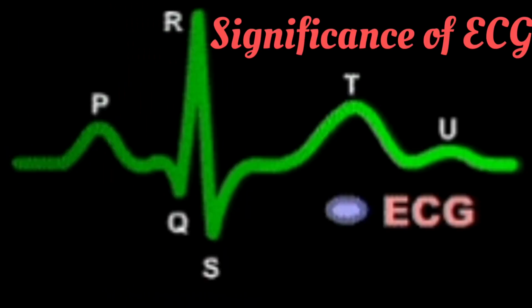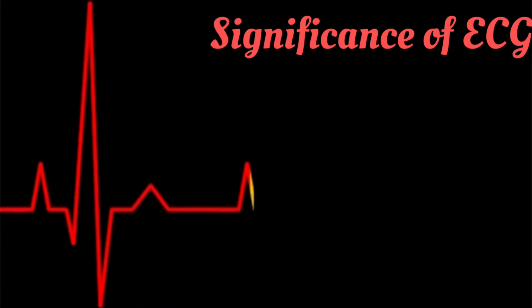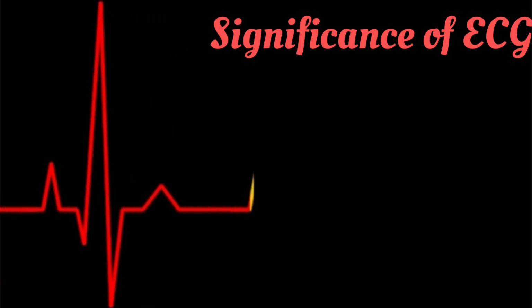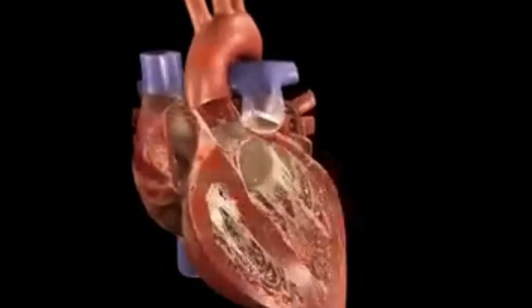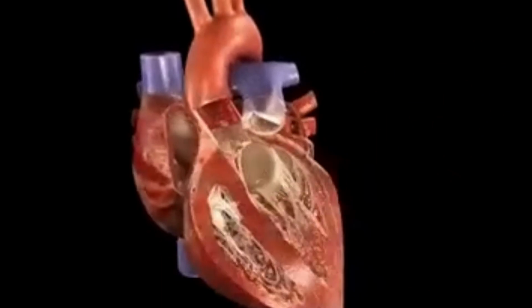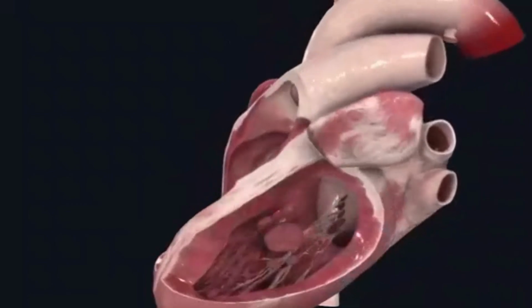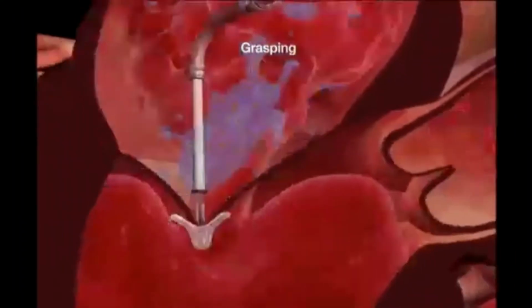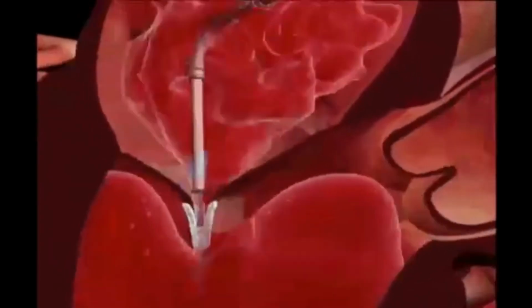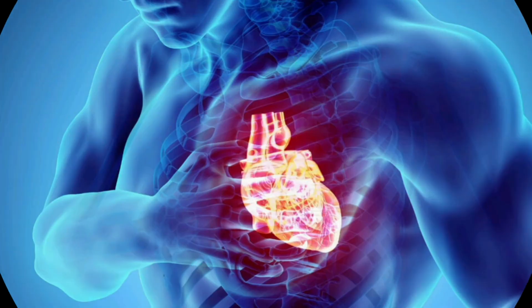However, a deviation of a person's ECG from the normal shape indicates a possible abnormality or a disease. Now, what is the significance of ECG? ECG has proved to be of great clinical significance for the following reasons. The first reason is that it gives accurate information about the normal functioning of the atria and the ventricles. It also indicates the functioning of the valves of the heart. And thirdly, it helps in indicating any damage to the local tissues of the heart and in detection of overgrowth of the heart chambers.